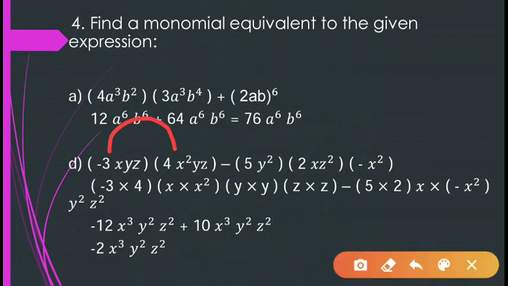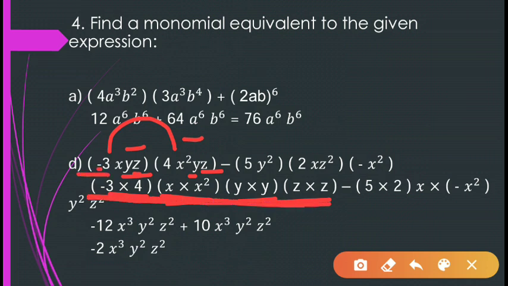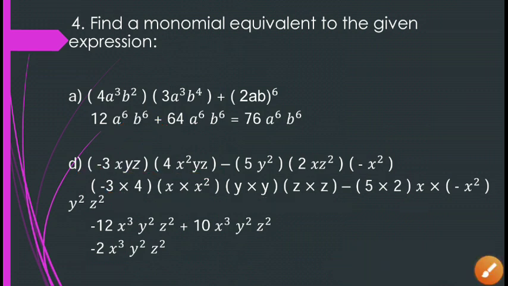Minus 3 into 4 will give you, first of all write them together because it is a big expression. So first of all you write all the constant terms together and variables together. Minus 3 into 4, then x and minus x together, y and y together, and z into z together. This is the whole expression. This is the multiplication of the two brackets only.